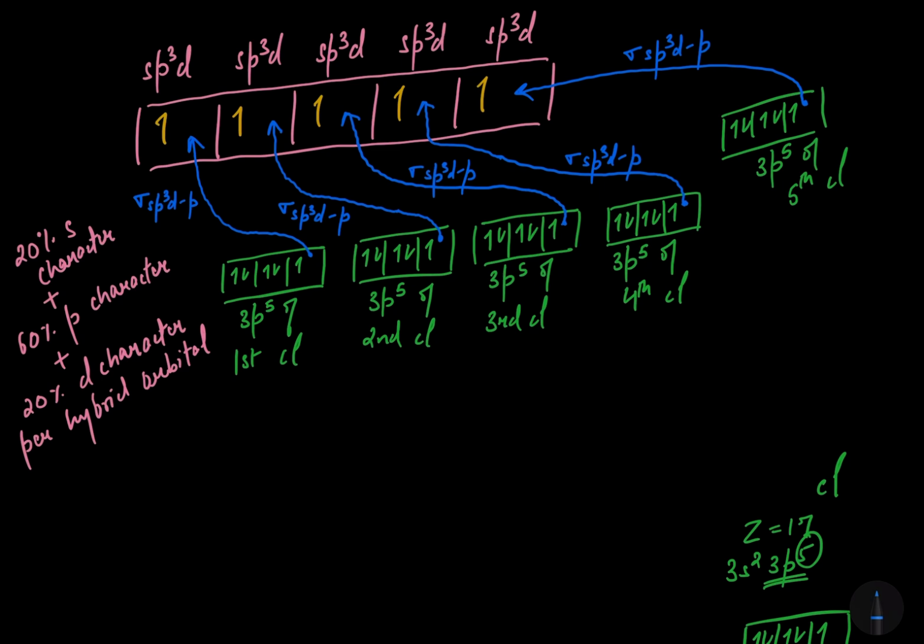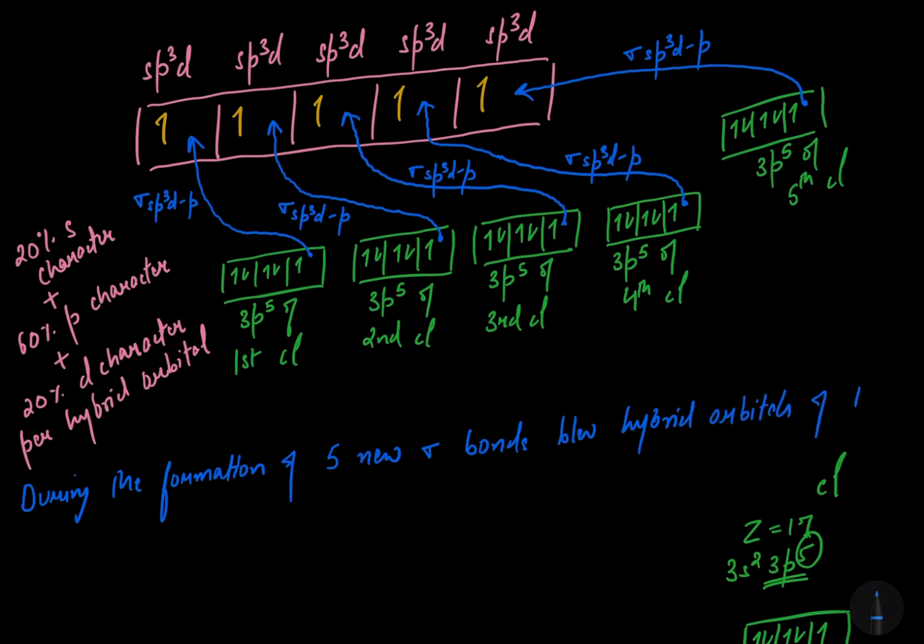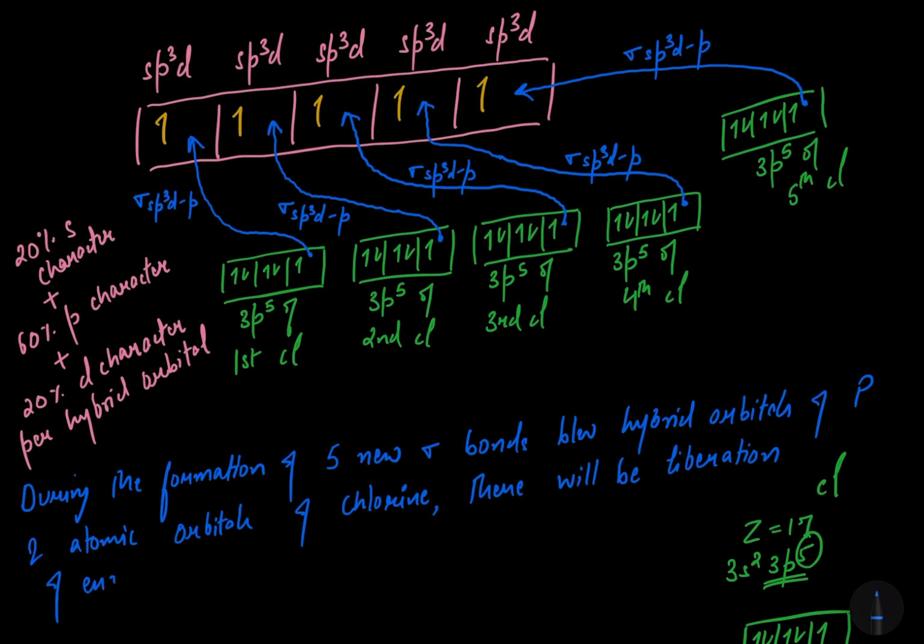So during the formation of these 5 new sigma bonds between hybrid orbitals of phosphorus and atomic orbitals of chlorine, there is a release of energy. There will be liberation of energy